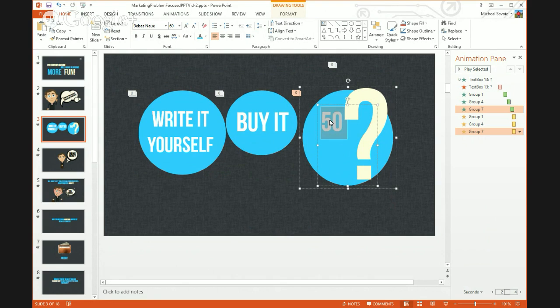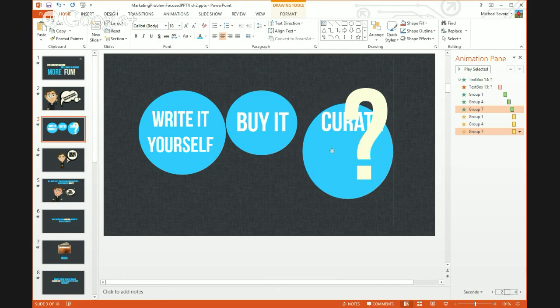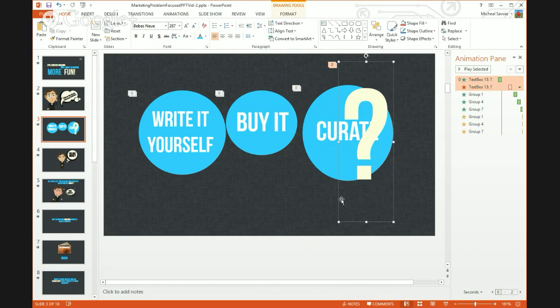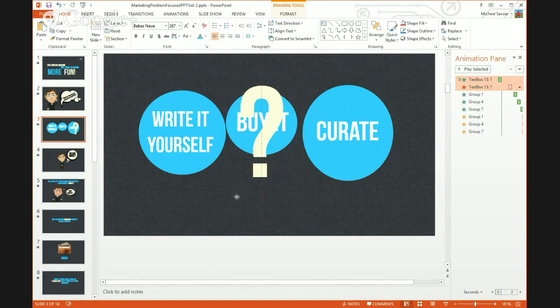And borrow. Actually, let's just say curate, which is another word for borrow. And then we've got to get our question mark back where it belongs.